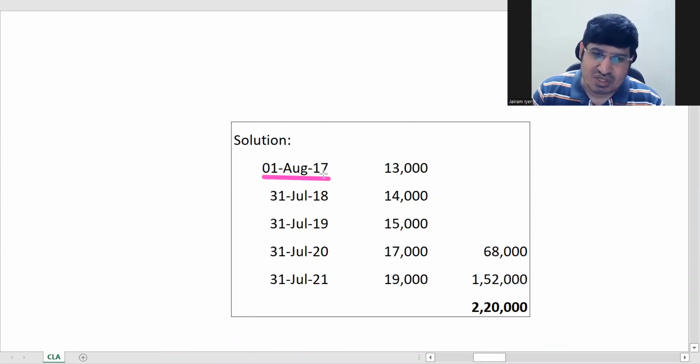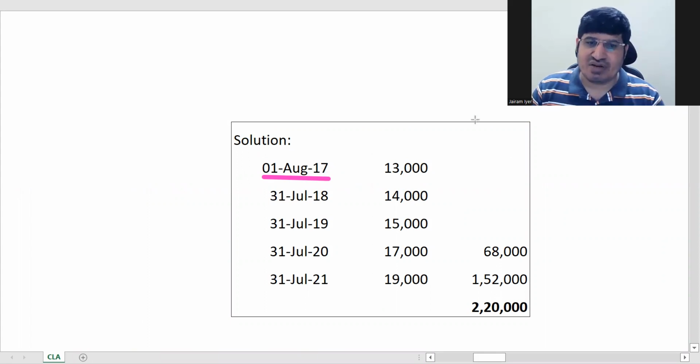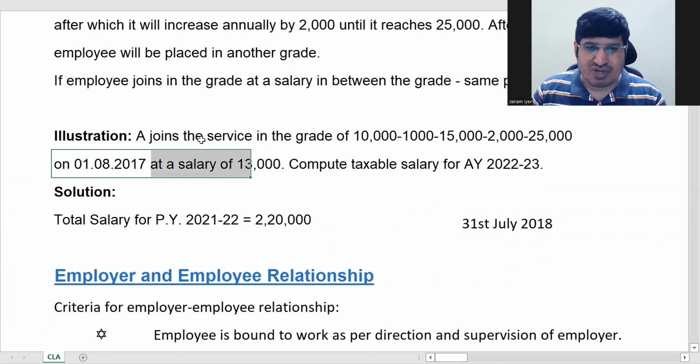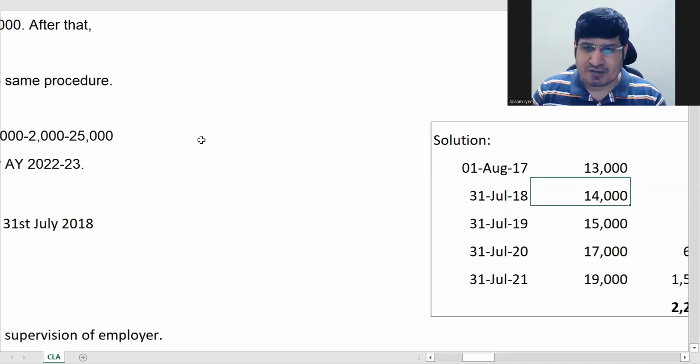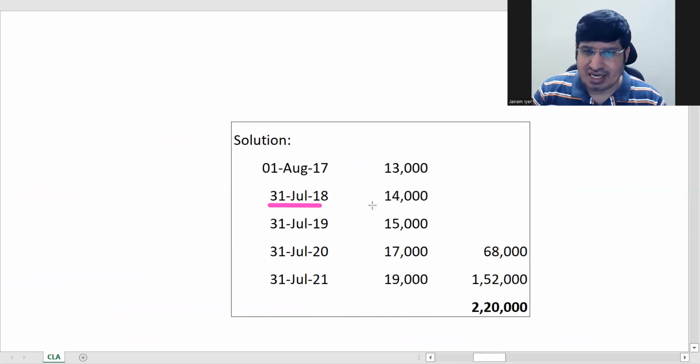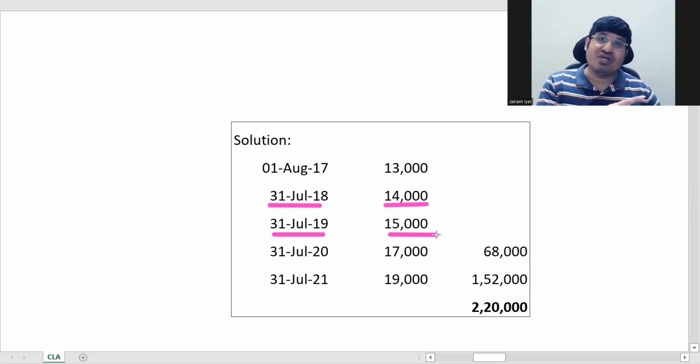Okay, it's 1st August 2017, end of 1st August 2017. Yeah, so this is where 1st August 2017 is 13,000, correct? So here we will say on 31st July it will become 14,000. After 1 year it will become 14,000. 31st July 2019 it will become 15,000. After this 15,000,